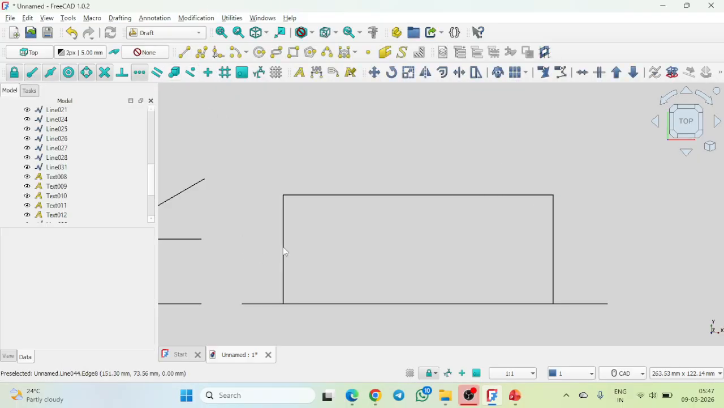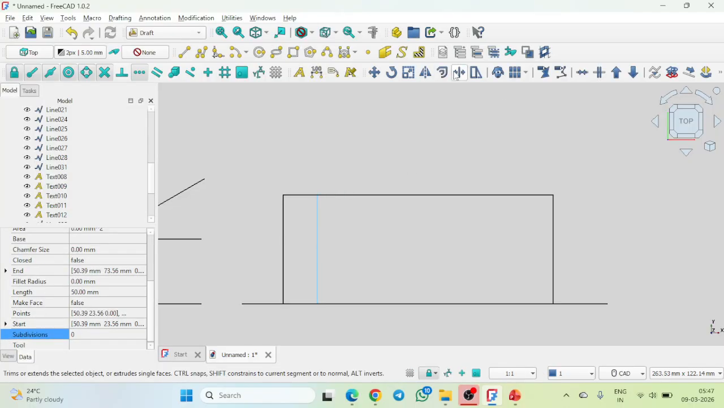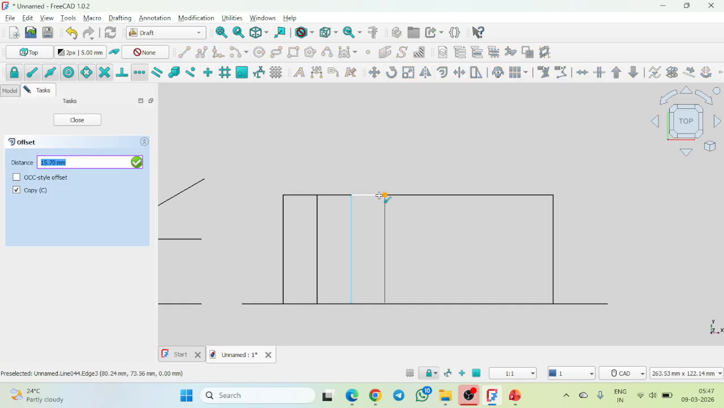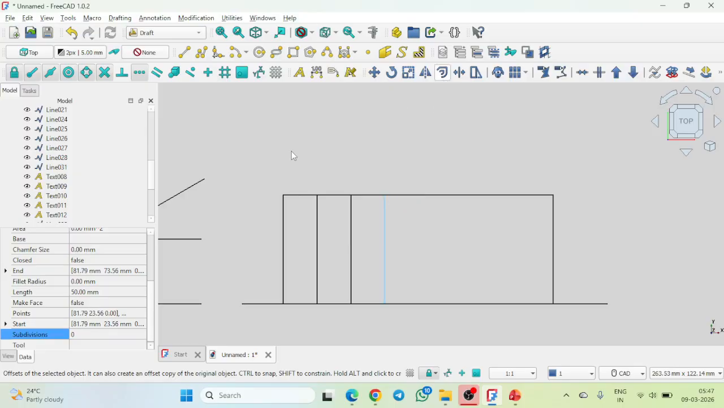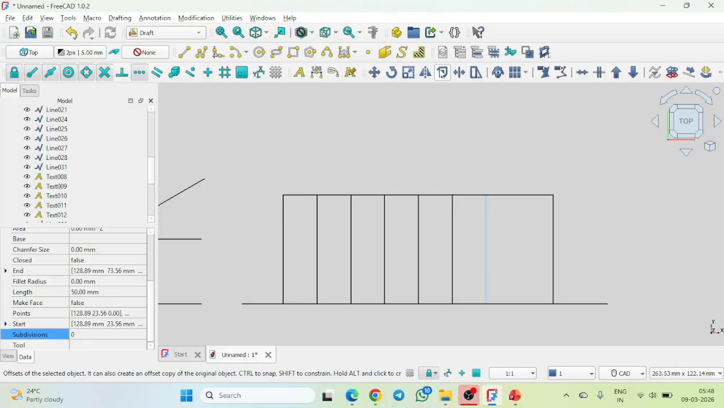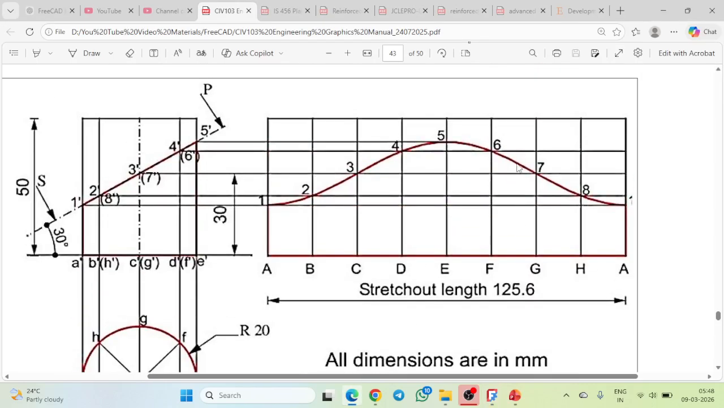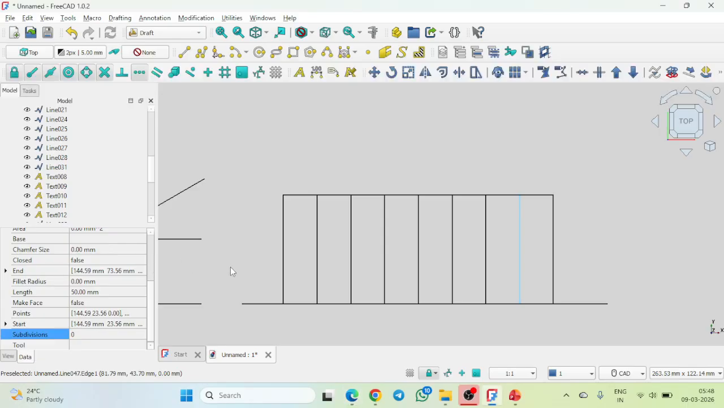Now I can draw this one. I can go with the offset command. I can pick that edges. Right. So I divided this into 8 different segments. So now I need to extend these lines. For which, first let me give the